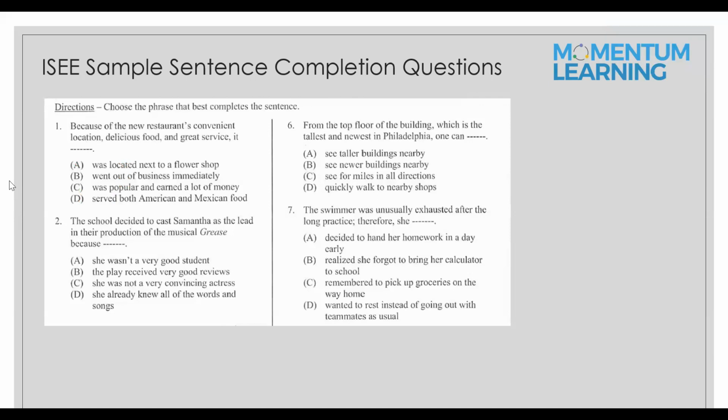B. D, yes. So in D, it doesn't mention anything that would make us think of what type of cuisine it would cook there. There's nothing in here that helps us to understand that this is going to be a certain type of food. So D is a good answer for being a wrong answer. Good. Let's go with Olivia. Tell me about A. What are your thoughts on A?